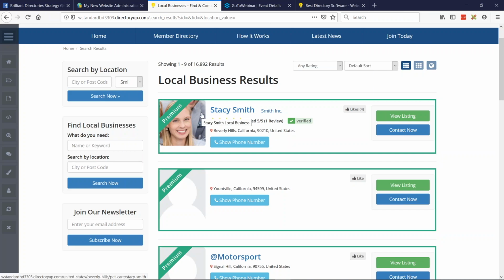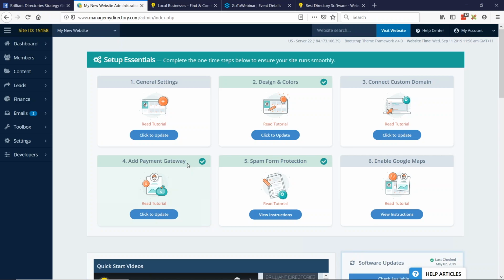The problem was, and a lot of people reported it, and it made sense, some logos would get covered by that text. So what we've done is we've created a setting here where you can control the position of this text. You can have it diagonal or above the profile photo. Obviously, the benefit of having it above the profile photo is it won't at all cover the member's face or their logo. So let me show you how you can update that.